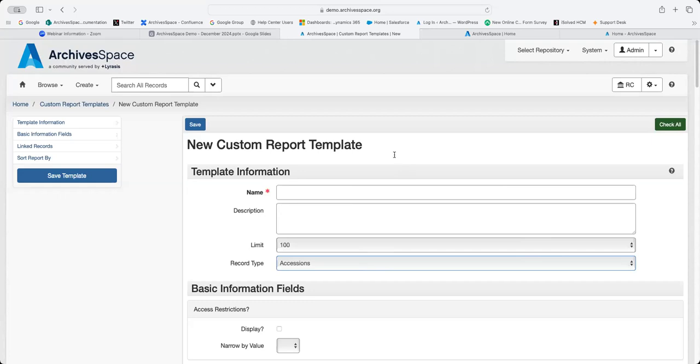Christine, I'm going to ask you, could you answer the question about support for ISAAR CPF? Sure. So ArchiveSpace does have support for EAC CPF, which again, like with DACS and ISAD-G, there's a very close relationship there. So if you use ISAAR CPF rather than EAC CPF, you may need to do some crosswalking, but you absolutely can, and you can use those tooltips to provide better guidance to your staff users of what it means each field.